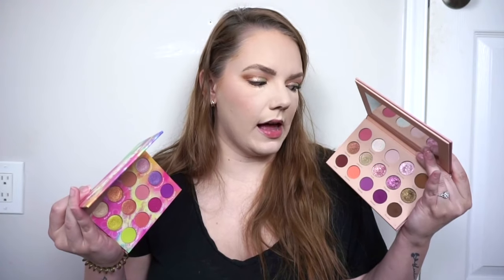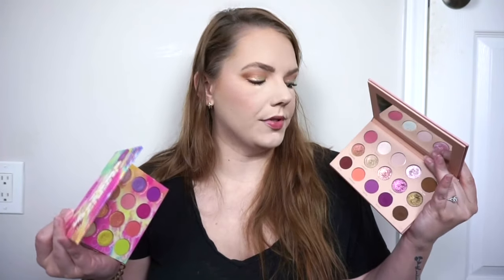For this one, I'd say I really love almost all of the palette. There's just a couple shades in here I haven't worn yet. This next pairing is rather challenging. I have Glam Light Dirty Martini versus Sugar Drizzle Sugar Dreams, and